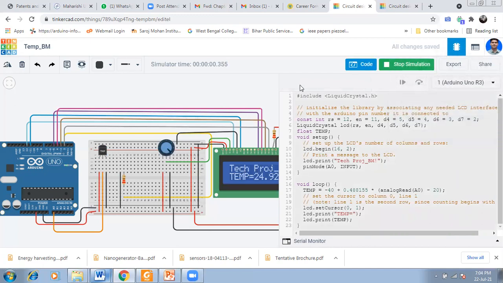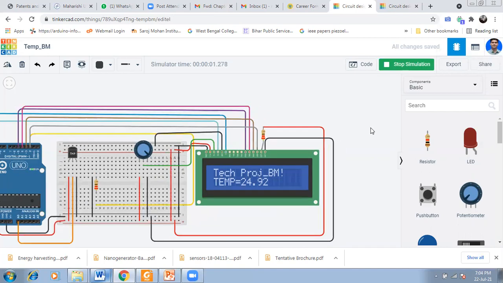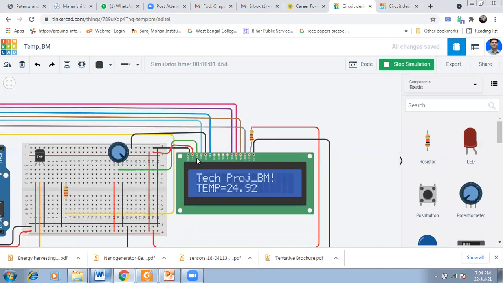Now see, temperature is 24.29. See this V0 pin is connected with the middle point of the potentiometer. This is the potentiometer wiper. As I told you, V0 basically controls the brightness of this screen.